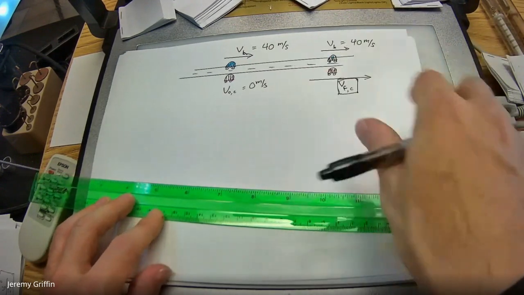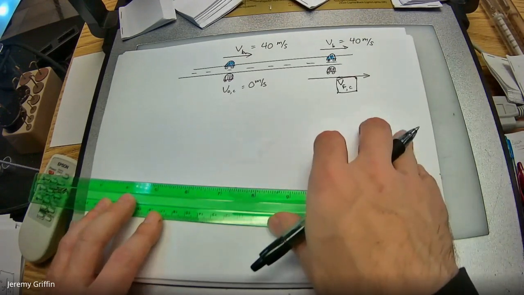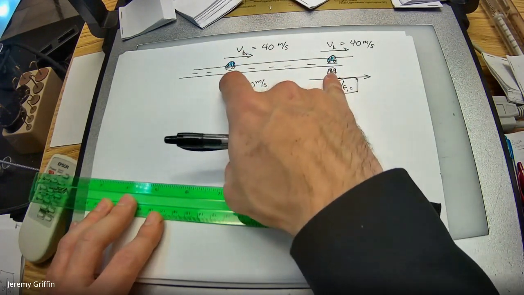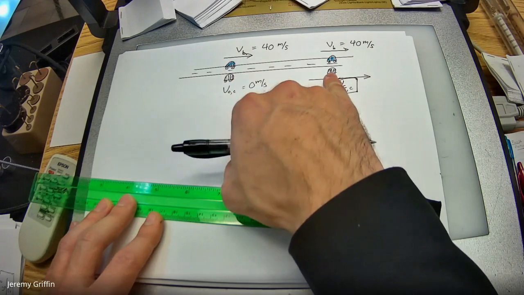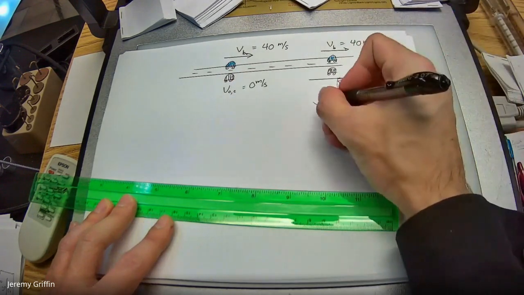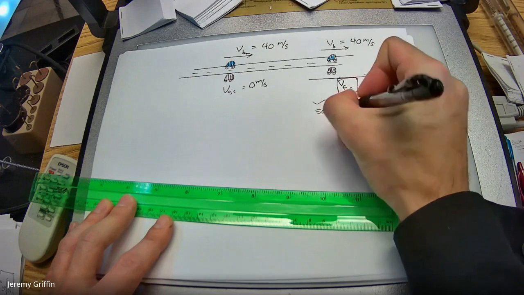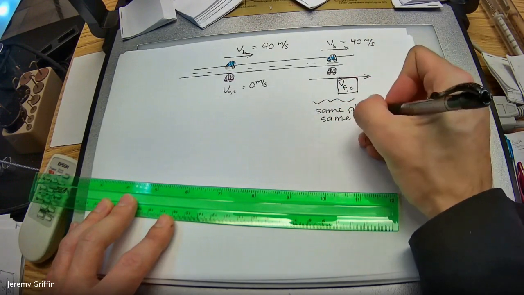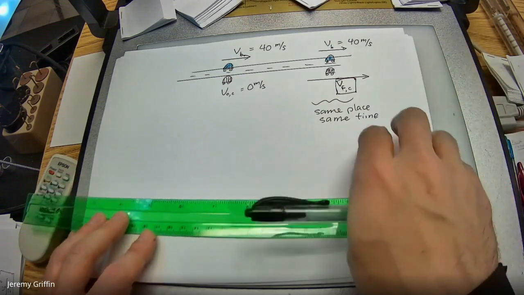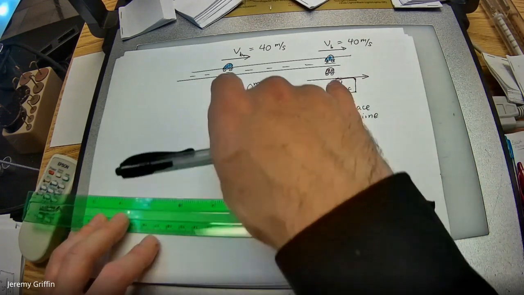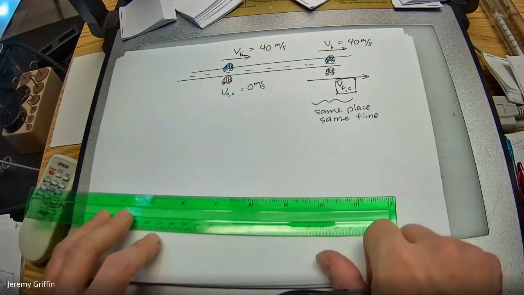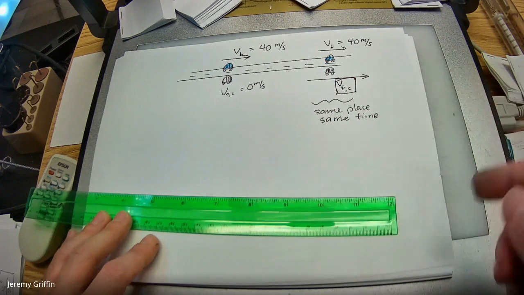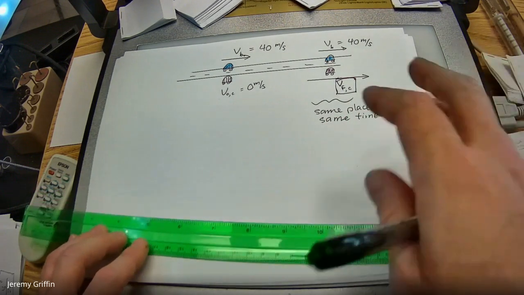So each of these cars has an equation to govern their motion. And the key that's going to let us solve this is that they are at the same place at the same time. You guys see that? Same place, same time? Okay. That makes me think, hey, we could set up a system of equations, position versus time for each car, and then set those equal to each other, same place, same time, and then just solve for stuff. That's going to be our approach. Well, let's see where this goes.